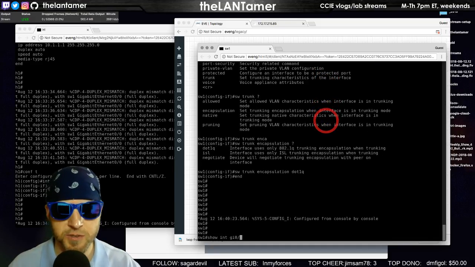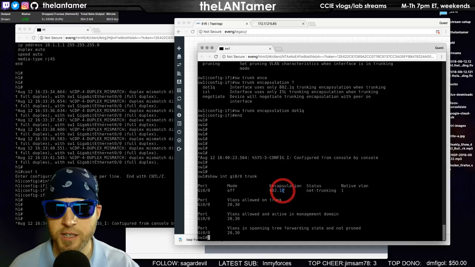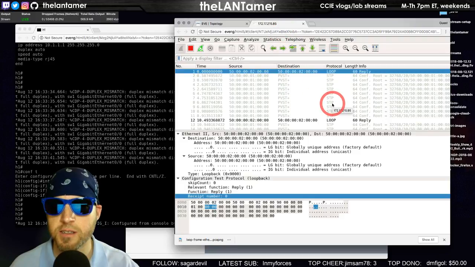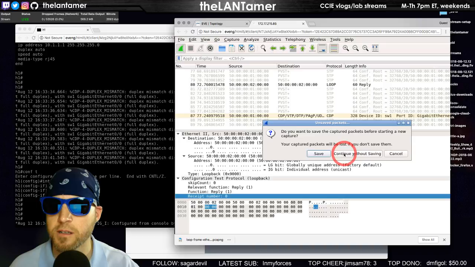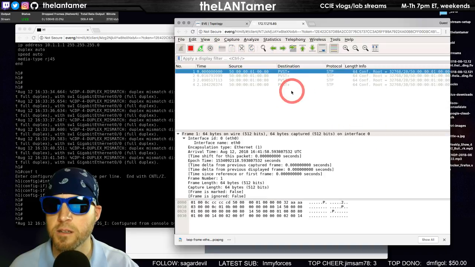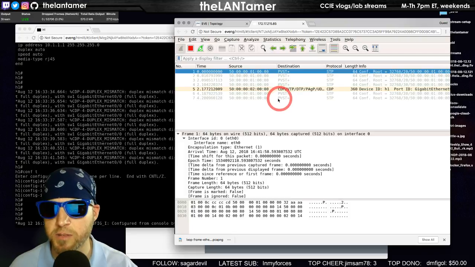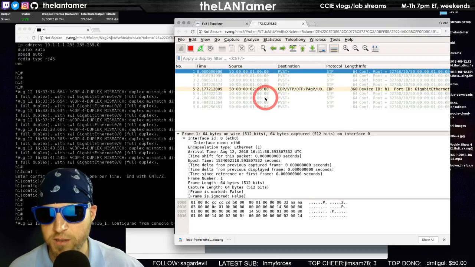Show interface Gi0/0 trunk. Okay, yeah. Interesting how that is set to auto. And I wonder if it's sending any DTP packets now. It's probably not, because it's still an access port.